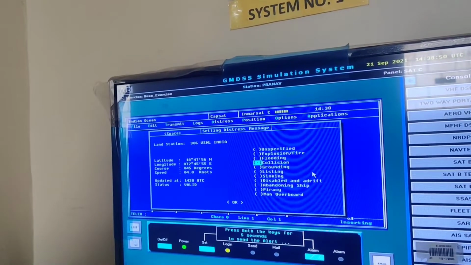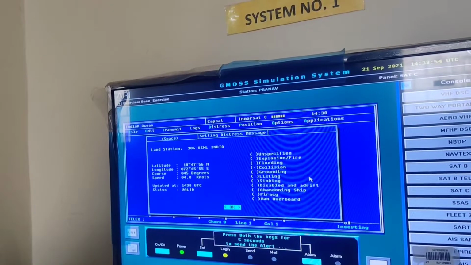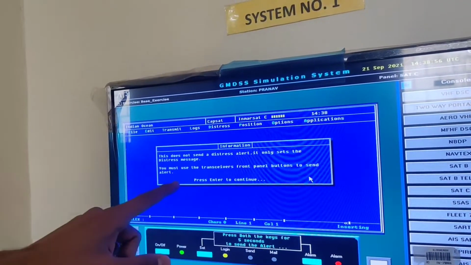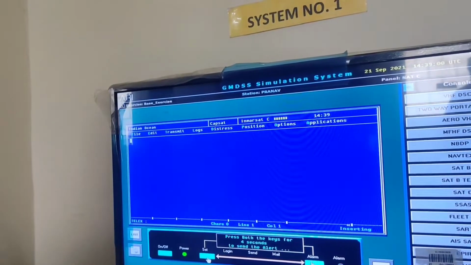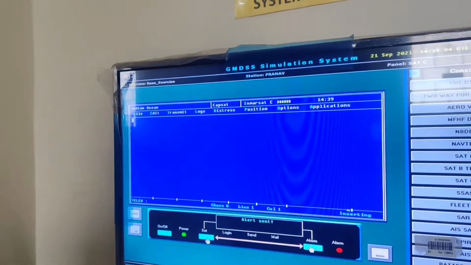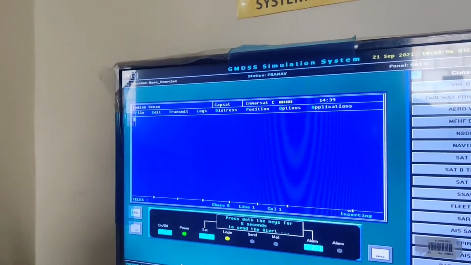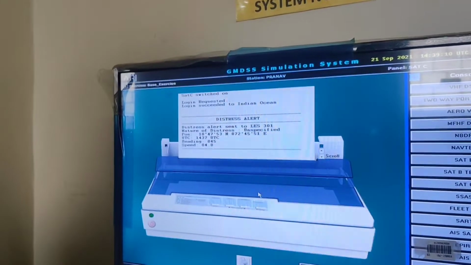Press space bar to select the collision. Press OK. Enter. Enter. Then press these 2 buttons for 5 seconds. Alert is sent. Once alert is sent, check in the printer that it is sent or not.